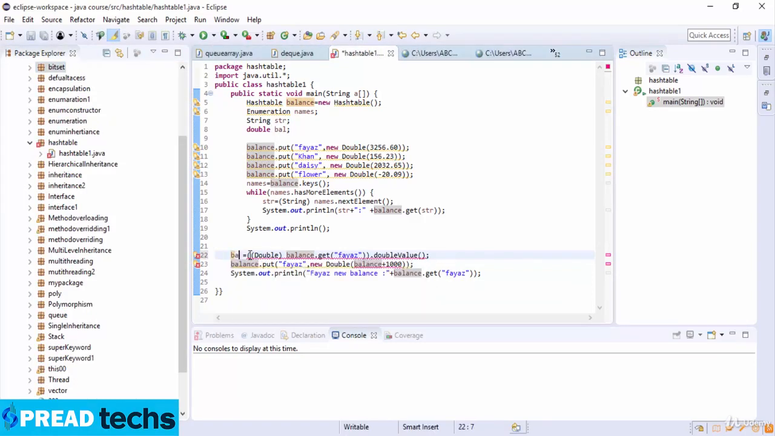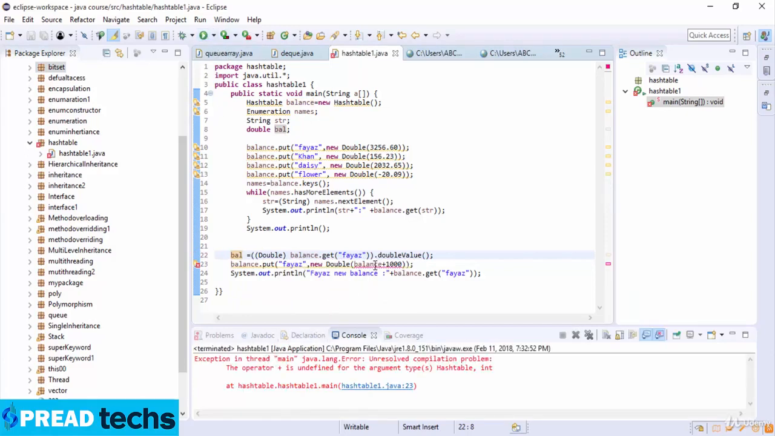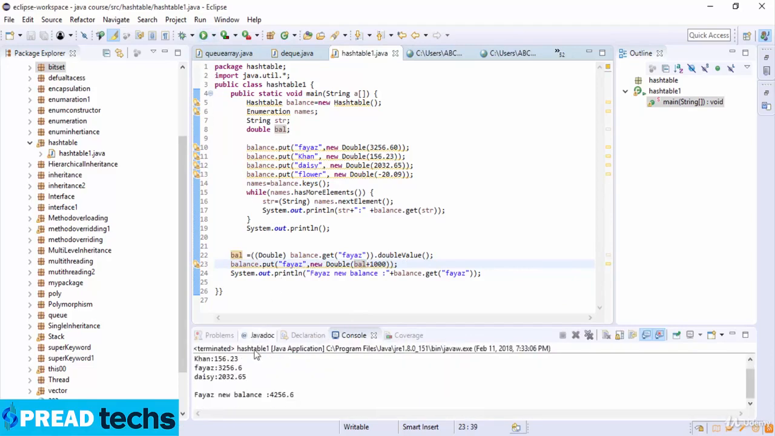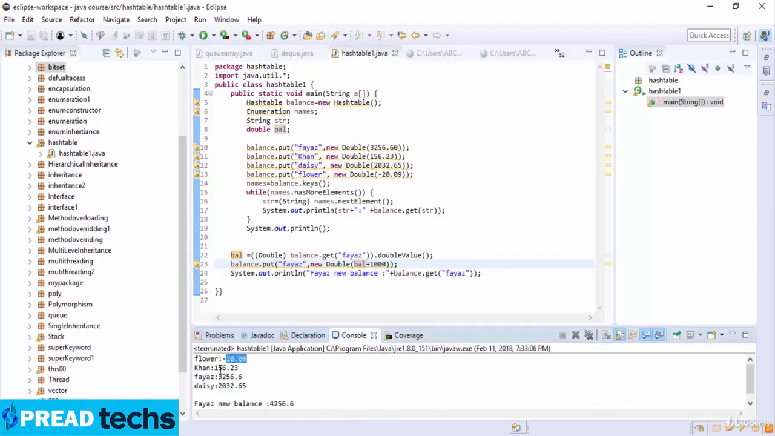Okay, and here I just made a little mistake, so I just write balance, and here we have the double variable as a bal. Now I just run this code, and we have an error here which is, I just write a balance here, and this is also a variable of the double. And now I just run this code. So you can see we have the flower value, which is always on top, and it's a minus 20. Then Khan value, and then we have the Fayaz value, and at last the value of the Daisy. So this is a smaller value, then higher, higher, and higher, and at the last the value with the double balance, which is